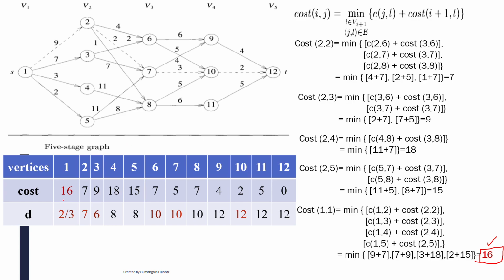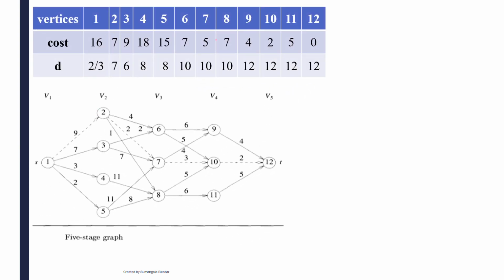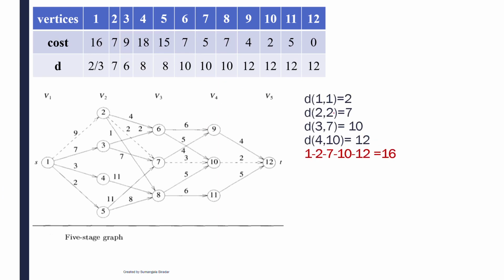At present I know only the cost. Okay, what is the minimum cost of that particular path, that cost I got. Now I have to find the path from S to T with the help of this table. Let's see how it is. Okay, this is the table already you have calculated. Now I have to calculate it. So D(1, 1) here. 1 is once again the stage and this is the vertex here. 1 comma 1. What is the D value you are having? D(1, 1) is 2 here. At present I'll take 2 now.